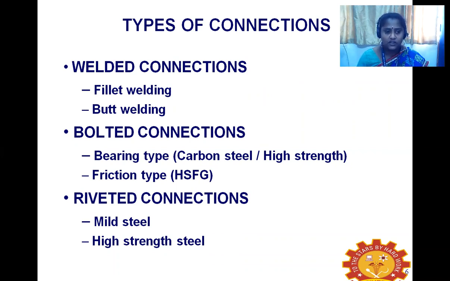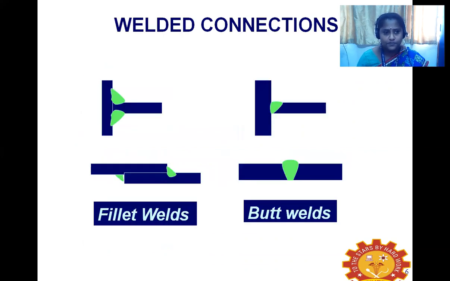So let us get into different types of connections in detail. We'll start with welded connections. Pictorially, it has been clearly represented the different types of welds, fillet weld and butt welds. So you could see two connections. One is T-shaped and the other is two plates being connected parallelly. One more connection is perpendicular. In that, the green color hatched things are the welds. So easily you can identify what is fillet weld and what is butt weld.